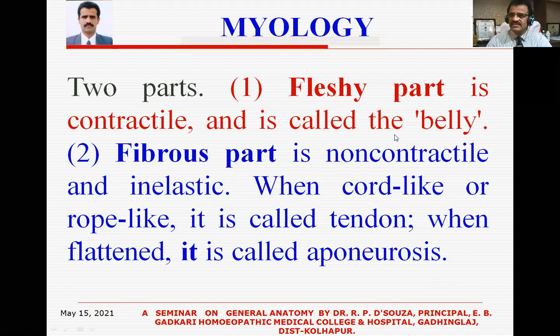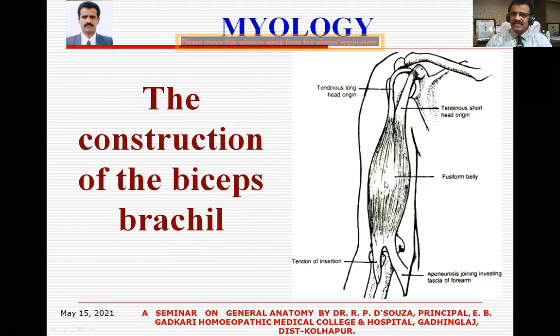So here you can see the construction of the biceps brachii muscle. I was talking about this muscle itself while explaining to you the ends and parts of a muscle. If you see this end, the upper end is of origin and the lower end is of insertion. And the upper end has two origins, long head and short head. This is the short head of biceps and this is the long head of biceps. Both are tendons. Origin is by tendons. They unite to form a belly.